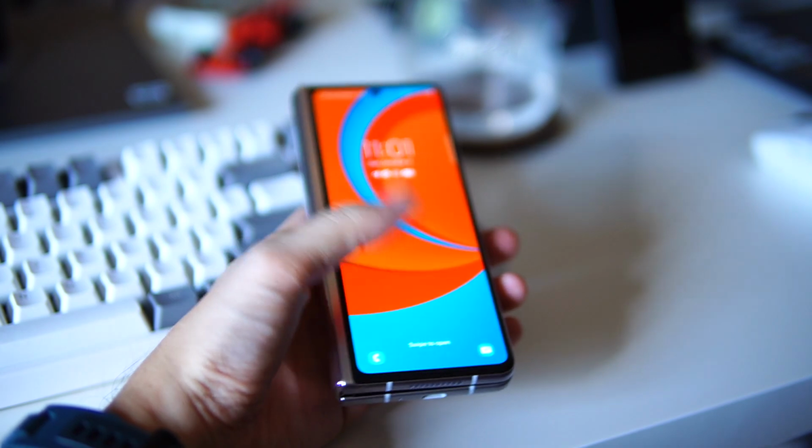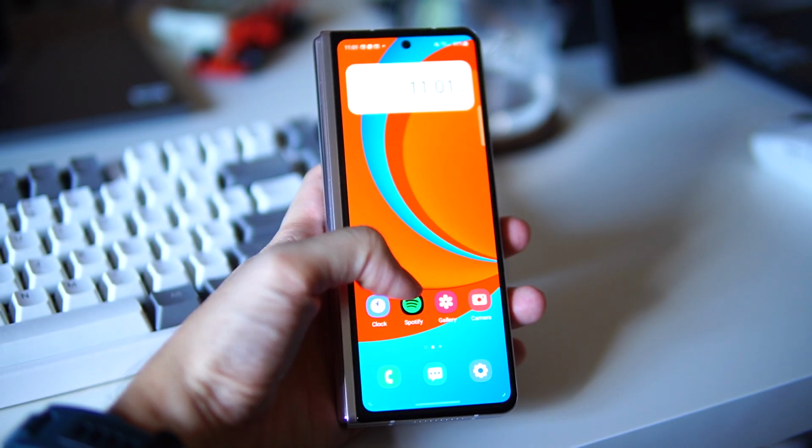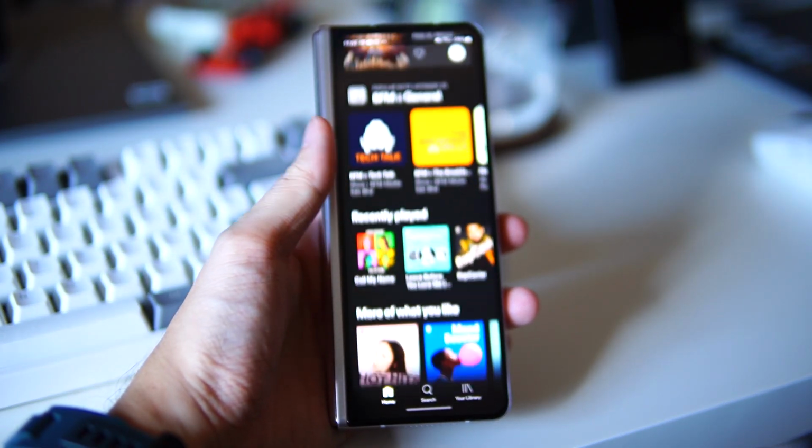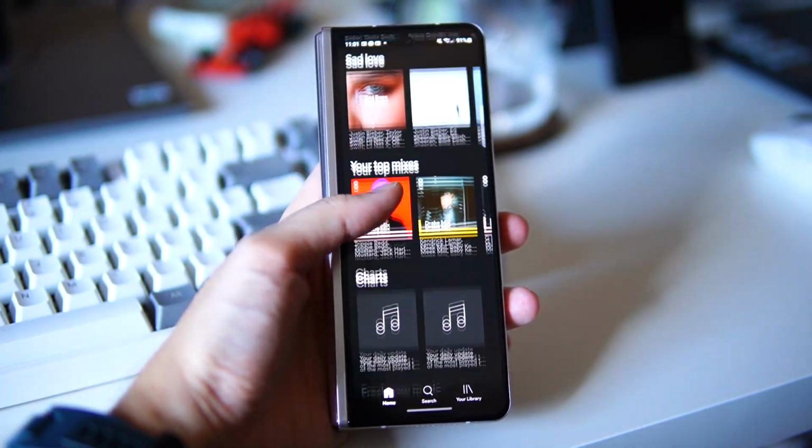For instance, like checking my notifications. I use it to activate Spotify, to go through my music. It's very simple to just do it on the outside without having to go into the device itself. Apart from that, I also use it for the camera. I just tap on the camera right here and I can go directly into the camera mode. So the external display is mostly for me to carry out quick access stuff directly on the outside here